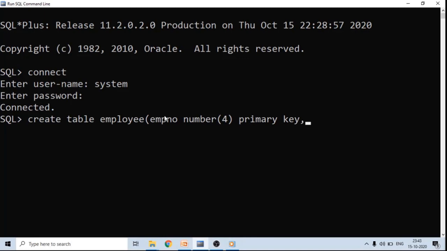Then comma, then in the next column you can add ename varchar2 with size, then job varchar2 with size 15,